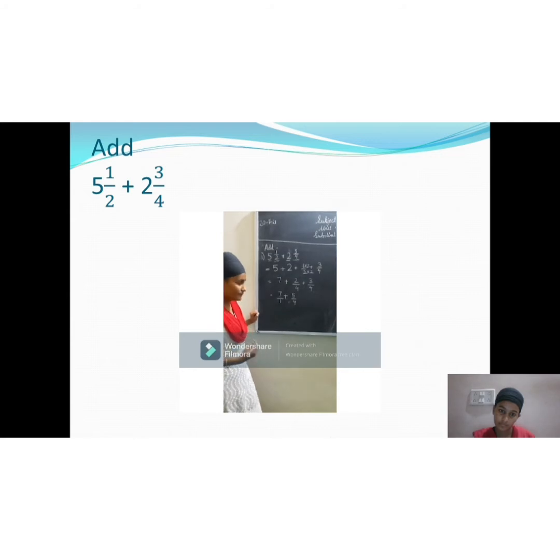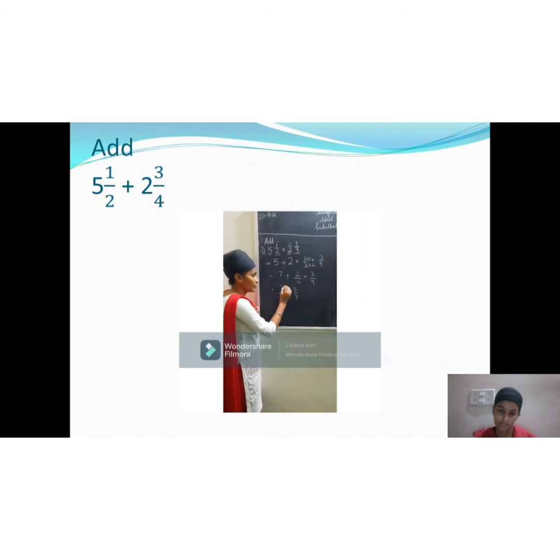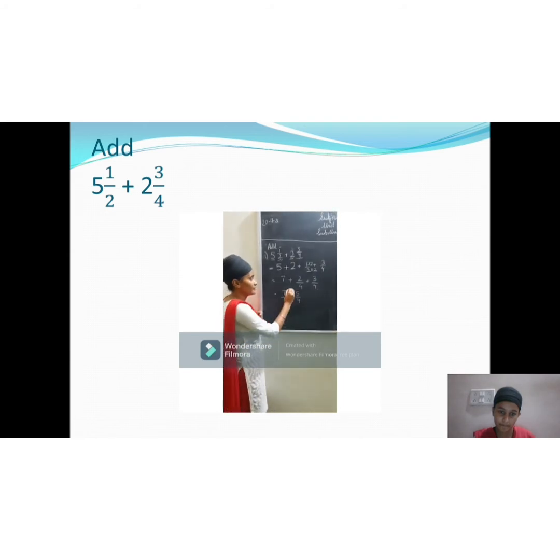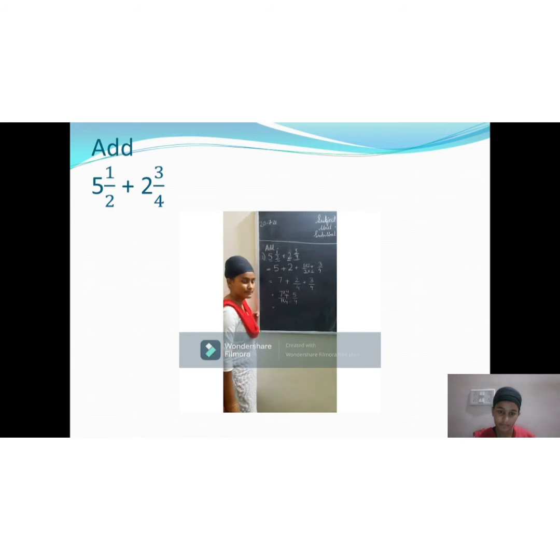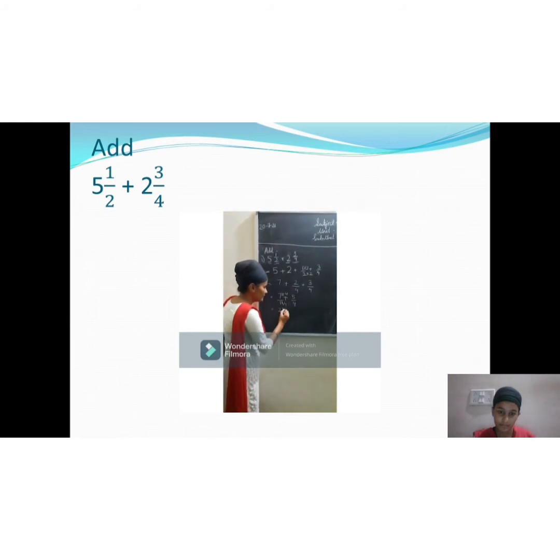Same, multiply, right? So here you will multiply by which number, students? 4, right? Because here you have the denominator 4. If you are multiplying the denominator by 4, you will also multiply the numerator by 4. 7 4s are 28. Very good. Plus 5 upon 4. So 28 plus 5 is how much, students?